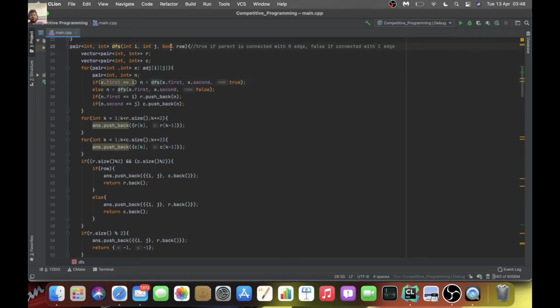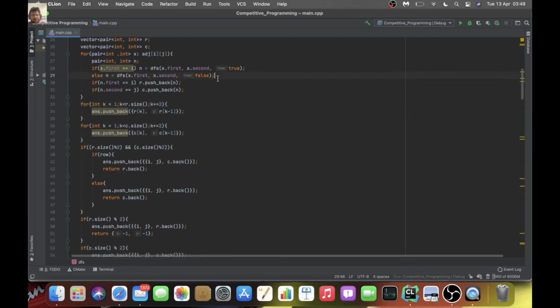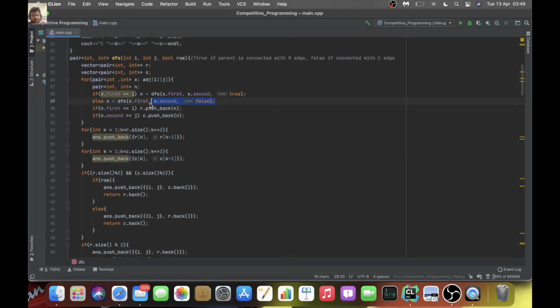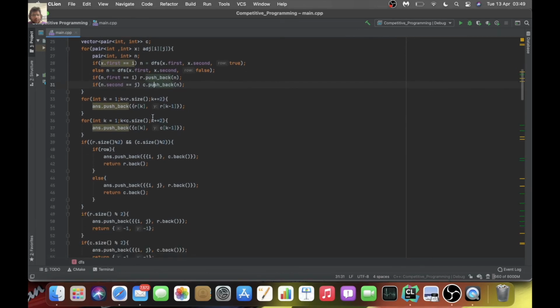Now in the DFS function, note that int i and int j just denote the index of the cell, and boolean row basically denotes if the edge from the parent to this node was the row edge. Okay, so it's true if the parent is connected with the row edge, and false if it's connected with the column edge. Okay, so we call the child DFS with these standard variables, and over here,